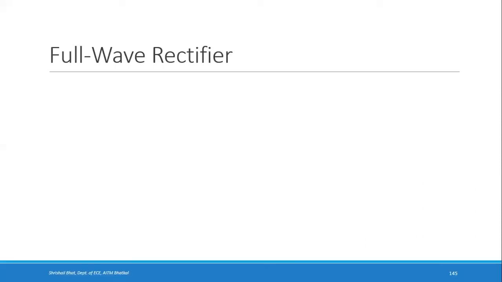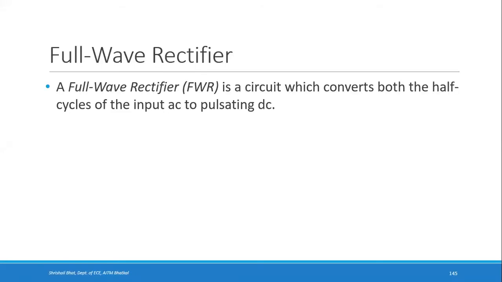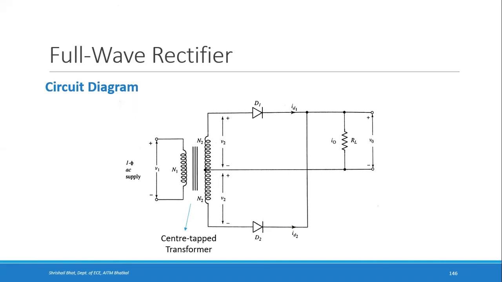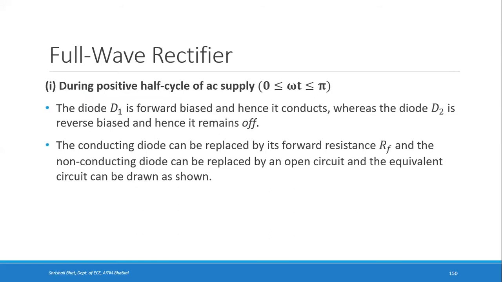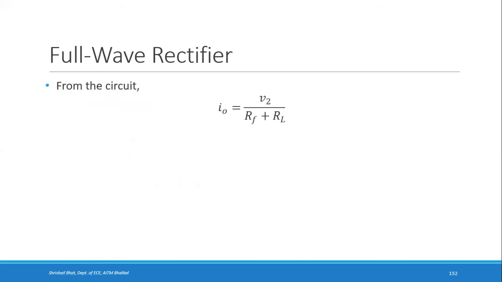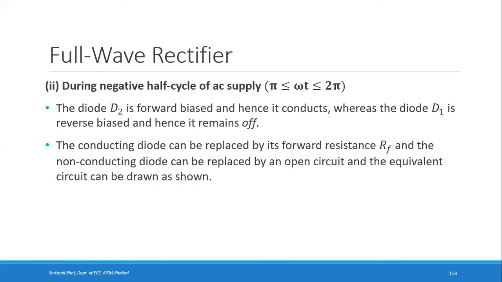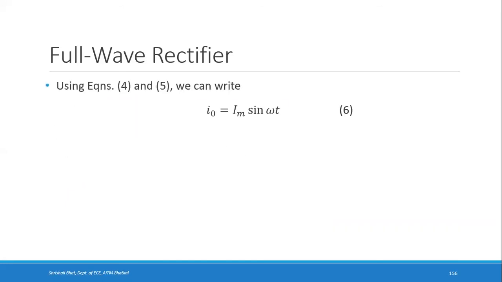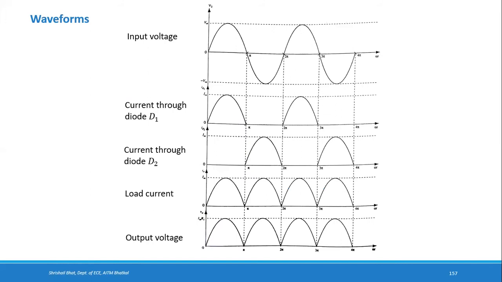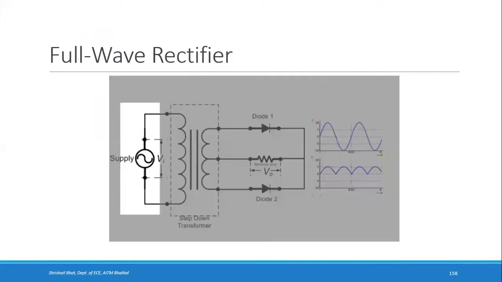Previously, we started with the full wave rectifier. We have seen its operation in both positive and negative half cycles, and we have also seen the waveform of the load current and output voltage of a full wave rectifier. We have seen load current is I naught, that is Im sin omega t, and V naught is I naught into RL. We have also seen the operation,